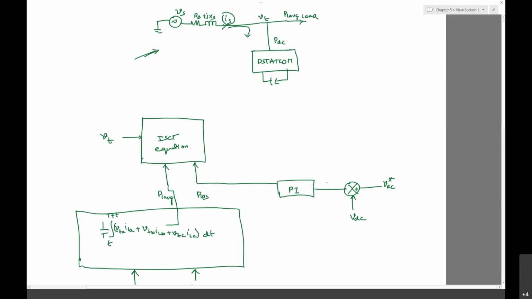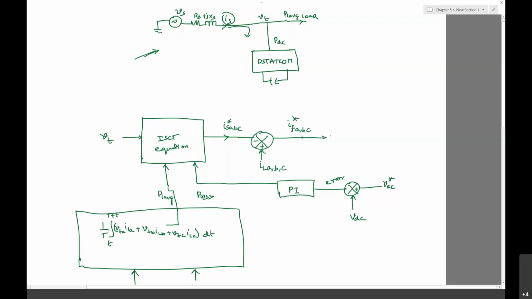Then we get an error, which gives us a P loss term. Once you give this PL average and P loss, we get the reference source current, IS star of A, B, C. Then subtract those currents, or this one should be minus over here, and plus, here we give the IL of A, B, C, the load currents. We get the reference filter currents of A, B, C.